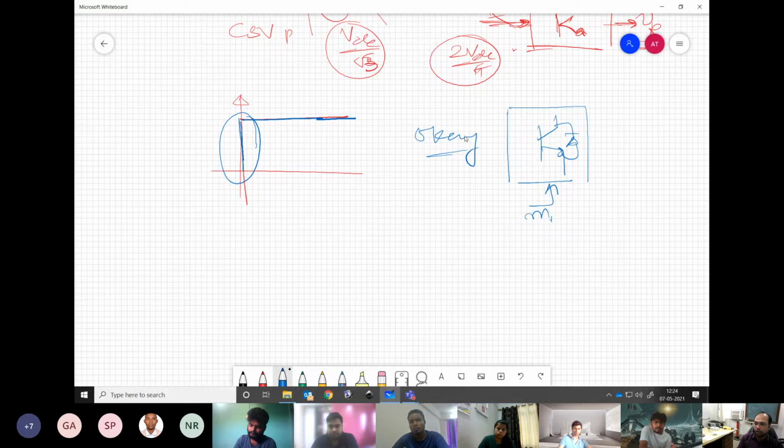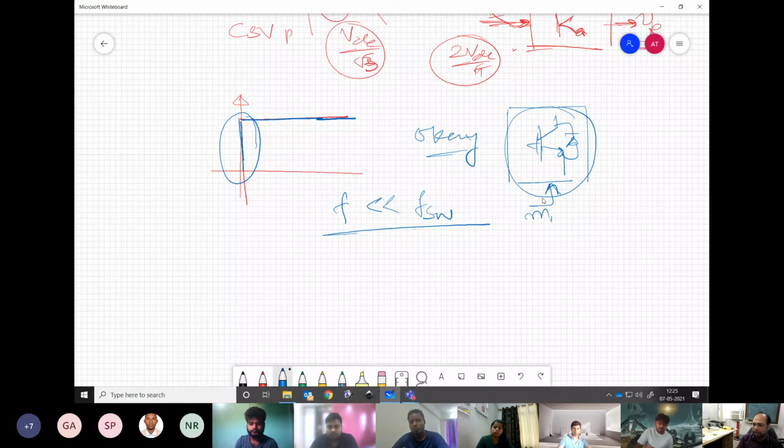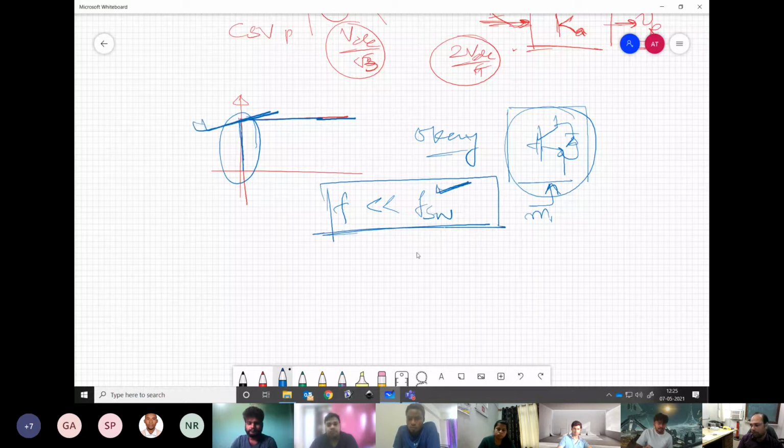This is to an extent okay. I would not say this is perfectly correct, but this is okay as long as your fundamental frequency is very much less than your switching frequency. Whatever delay may come because of the physical system, every switch turning on and off, there is some delay, and the comparison with the triangular carrier will also create some delay, practically speaking. But because our fundamental frequency is very small compared to the switching frequency, this model is all right. There is no problem in that.